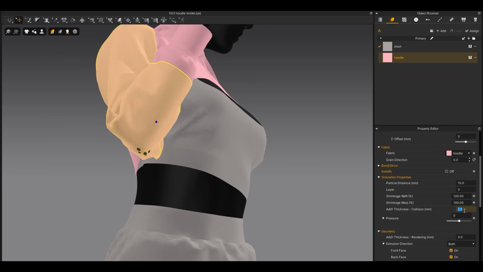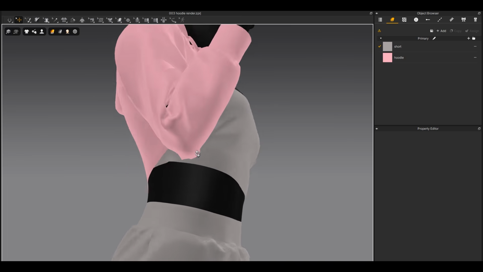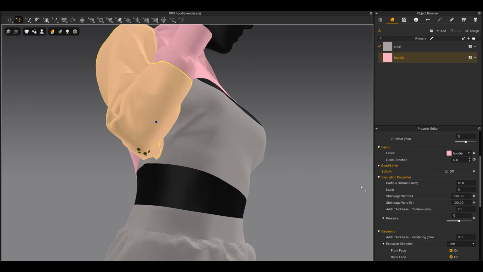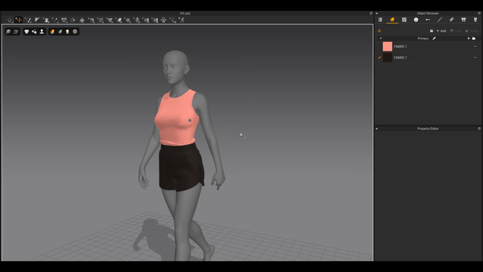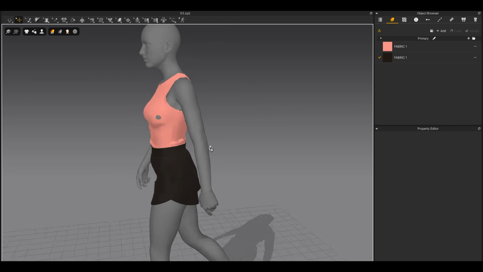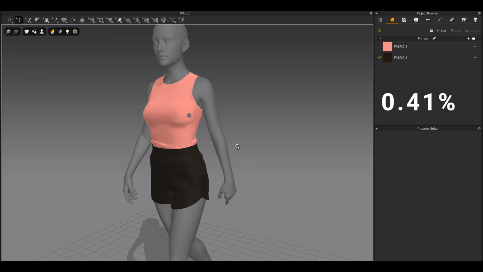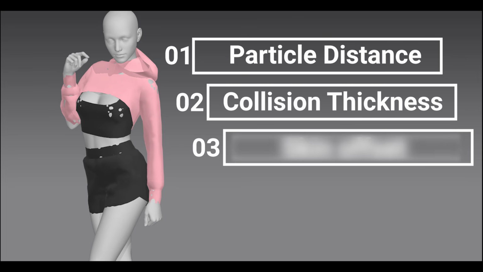Only increase this value if lowering the particle distance didn't fix the problem. And quick note, please don't go above 4 mm, otherwise the fabric will start looking a bit odd. Now, if it still doesn't fix it, that rare 0.45% case, well, number three will be your friend: skin offset